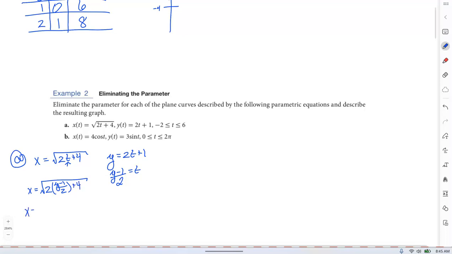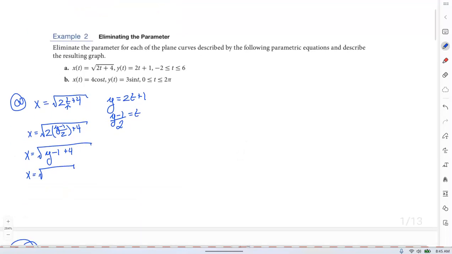And then we're going to simplify this. So this 2 and this 2 are going to reduce. So I'm going to have y minus 1 plus 4, and that's under the radical. So this is going to be y plus 3. And then if I square both sides, I'll get x squared equals y plus 3. So x squared minus 3 is equal to y. There's my